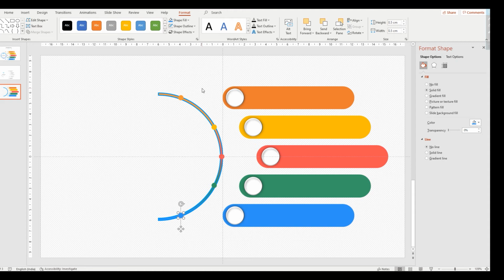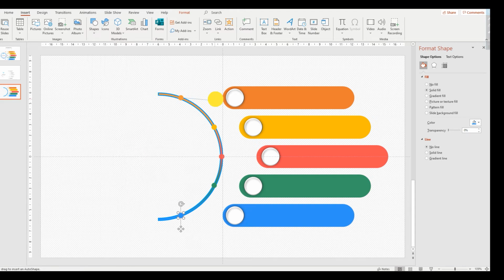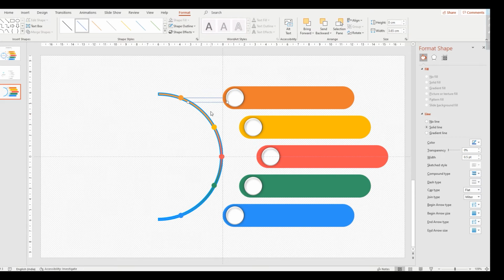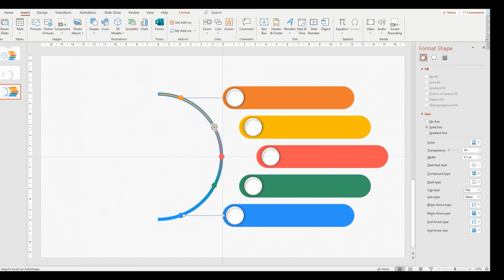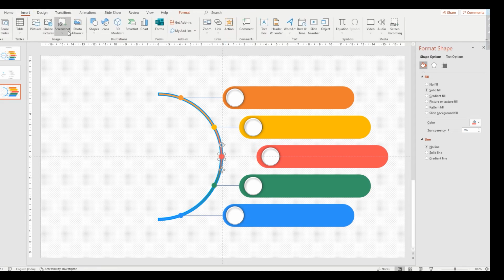Now what we are going to do means we are going to give the lines. Shape, take the line from here to here, Control D for same line to here, from here to here, Control D from here to here, another line from here to here.